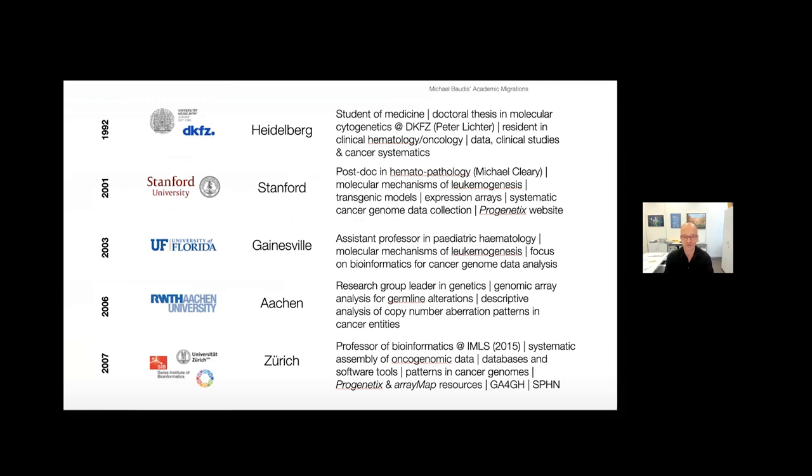I saw some of the list who I'm very familiar with. My background, as Katrin said, is basically I'm a medical doctor. I studied in Heidelberg and worked in hematology, oncology, and later then drifted off towards research, first really lab research and at Stanford and University of Florida, and more already realizing that not only the experiments are important, but the generated data from these experiments should also be accessible and should also be aggregated to make larger use of this.